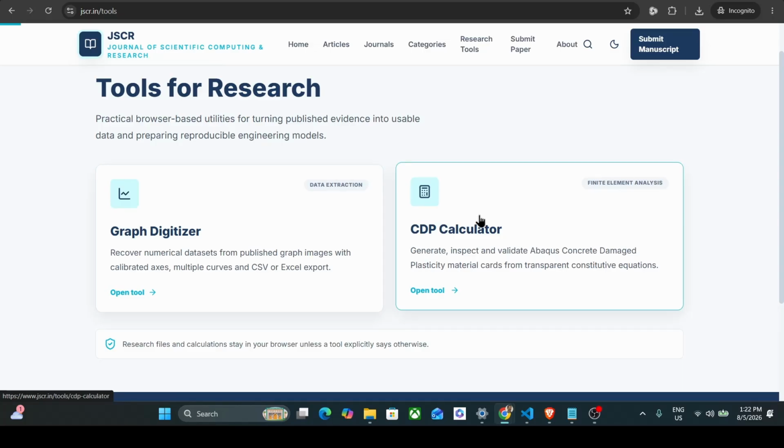Anybody who is working with concrete and using Abaqus for simulations is very familiar with the CDP model. It's called the Concrete Damaged Plasticity model. It's a beautiful model, and sometimes you will get very close results to experimental outputs, and that is the beauty of this one. But it is very difficult to input this model because in Abaqus I need to enter everything